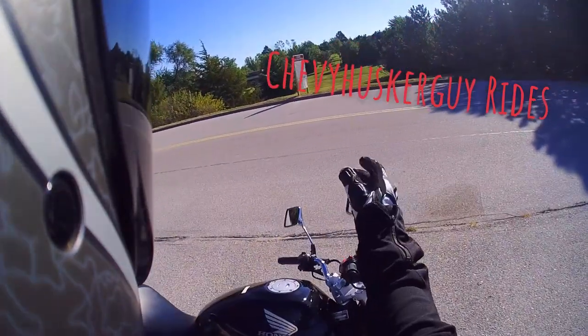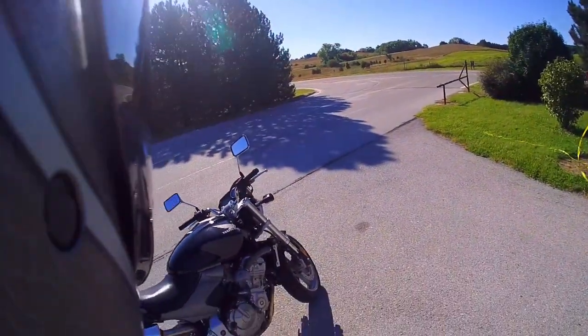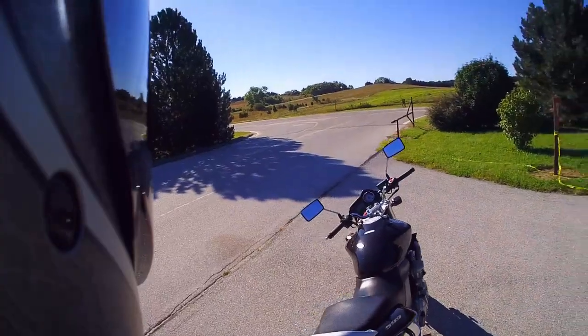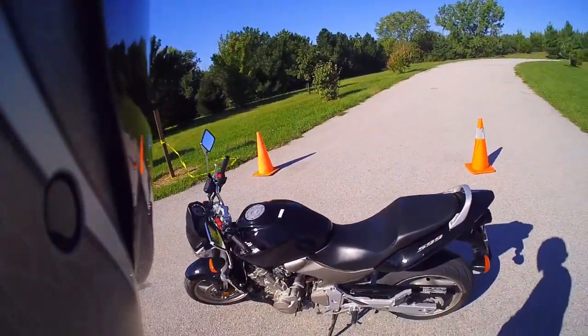Gotta get the mirrors. I'm gonna remove the mirrors and put on some bar end mirrors, clean it up, and all I see is my elbows and shoulders in that anyways. But yeah, I just wanted to get something to go out and play on. Something, you know, I was kind of looking at some